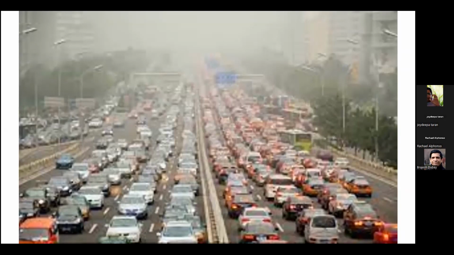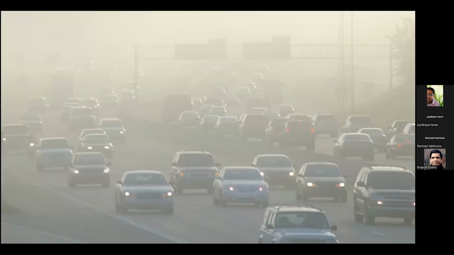Same close look of this particular one, with a lot of emission around. This pic is not from an Indian context; this is from a foreign context itself. Whereas the next pic is pollution. So we all have a question from our perspective: whether we want to travel on a beautiful green highway or on a most polluted highway. That is where the transition is happening.